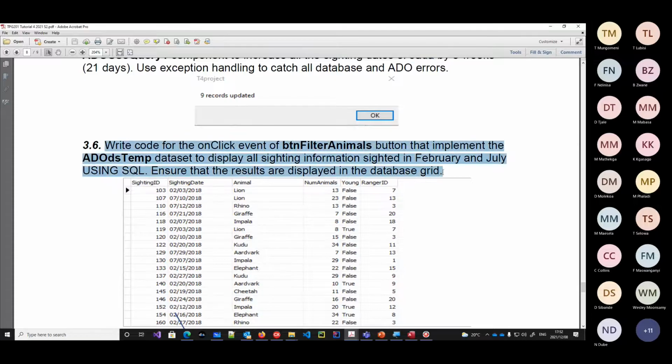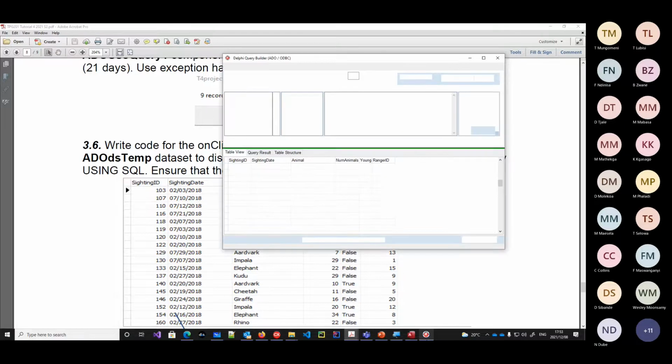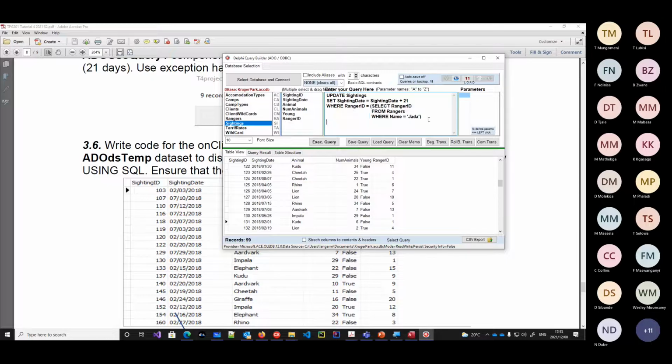So 3.6, write code for the on-click event of BTN filter animals button that will implement the ADODS temp dataset to display all sighting information sighted in February and July using SQL. Ensure that the results are displayed in the database grid. Okay, so let's go and get information that is sighted only in